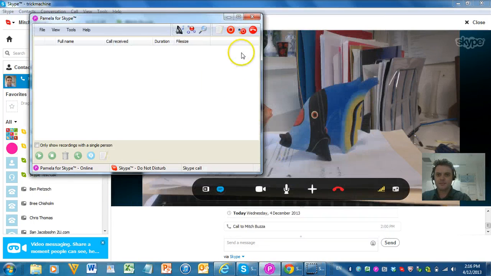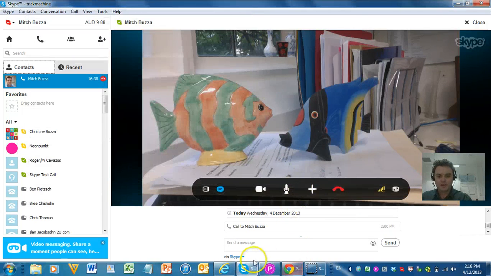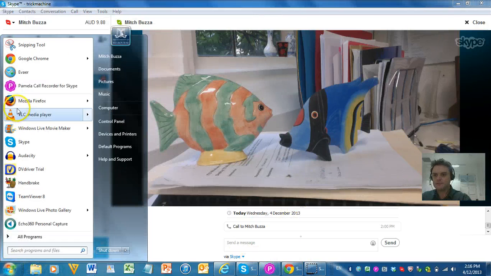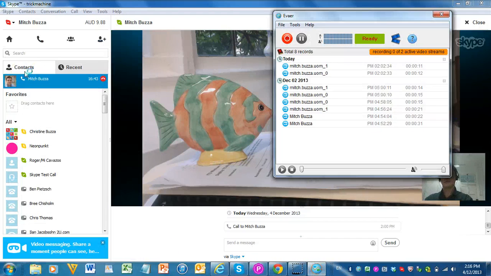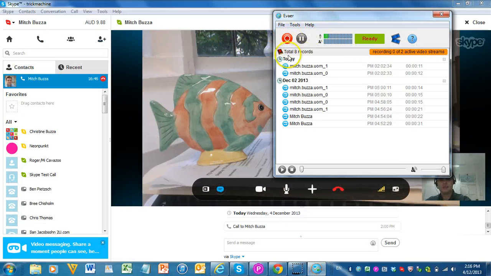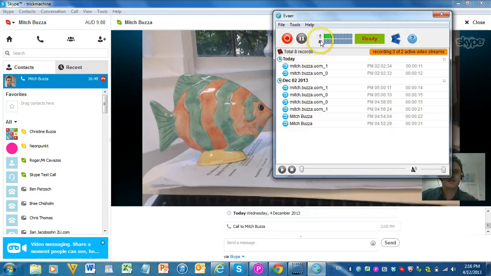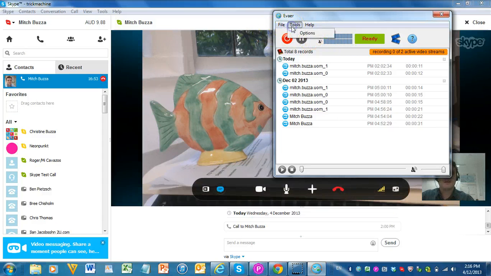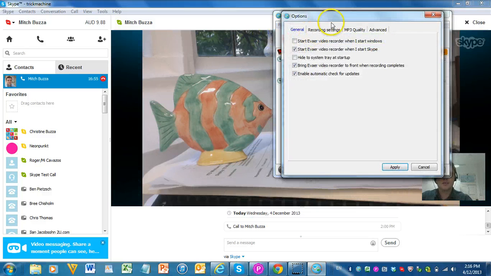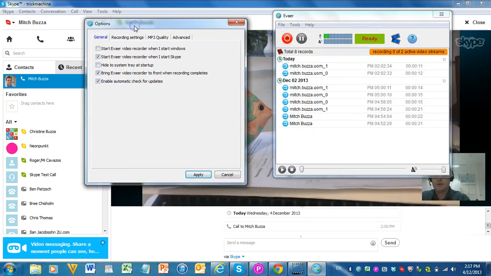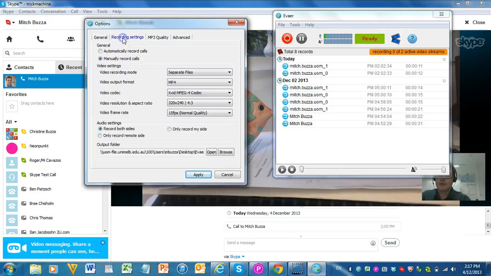I'll just click yes to that, and I'll just minimize. Let's also have a look at Evaer. Very similar. You can see here there's some previous recordings, and you can see there's a little monitor, so that's bouncing up and down with the sound of my voice. Here's the tools, options, settings, and again you've got some control over what it does when you start up Skype and your recording settings. Would you like to record side by side, local webcam only, remote webcam only, or none, which means